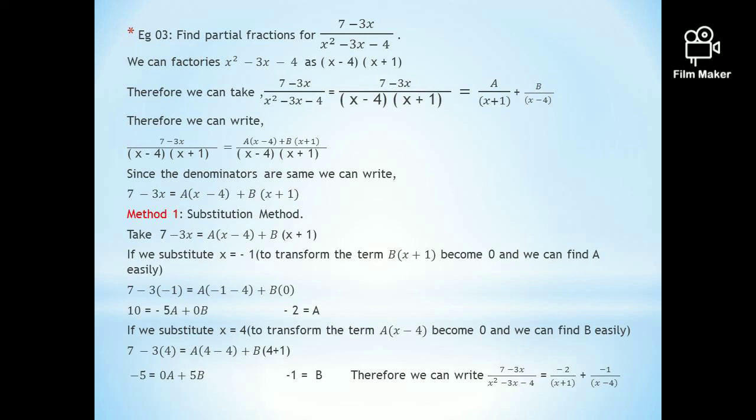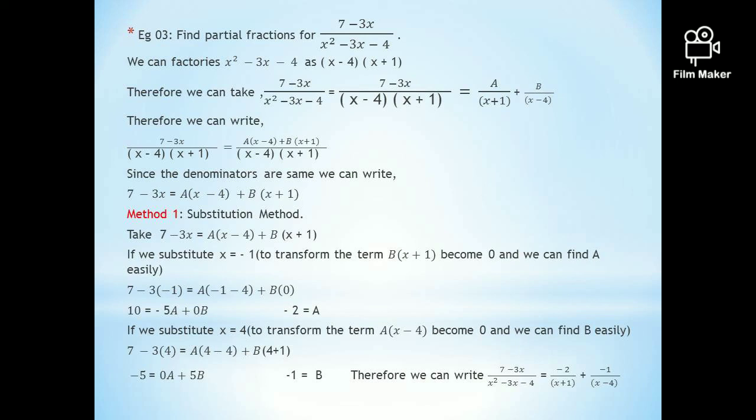Then if you simplify the right hand side, you will obtain (7 - 3x) over (x - 4) into (x + 1) equals a times (x - 4) plus b times (x + 1), over (x - 4) into (x + 1). Since the denominators are the same, you can simply write 7 - 3x equals